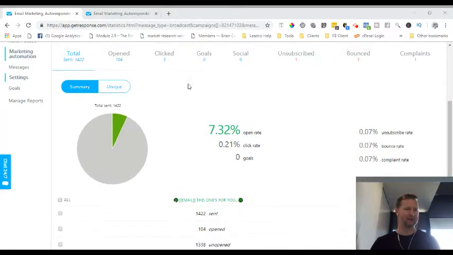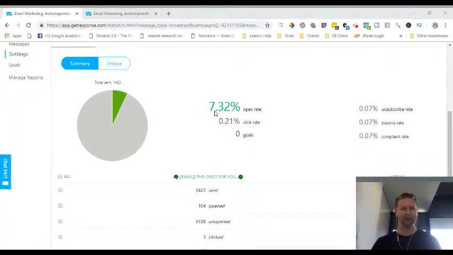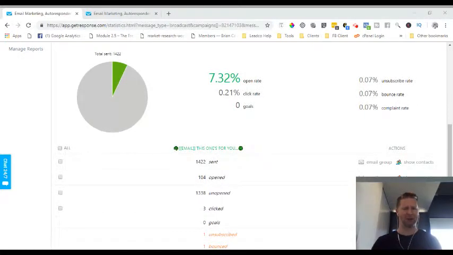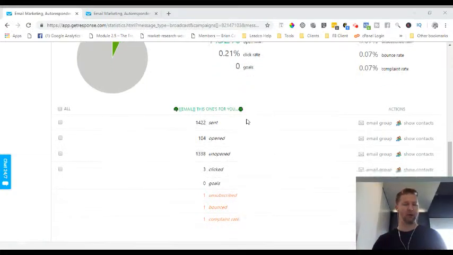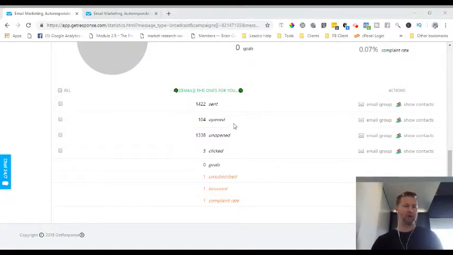But I mean, minus the actual unsubs and all that sort of stuff, it takes it down a bit. And click through rate of 0.21%. That's horrendous. Okay, so that was the actual subject line, and I think, if you recall, I went through using things like emojis and different things to spruce up the subject line and try and get better open rates. So what I'm going to do here is, now we've got 1,338 people of this segmentation